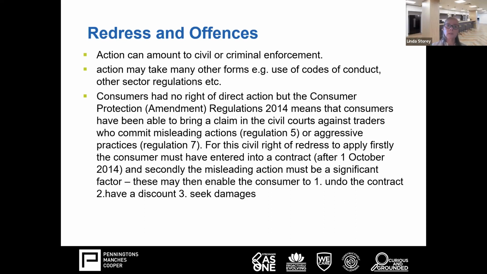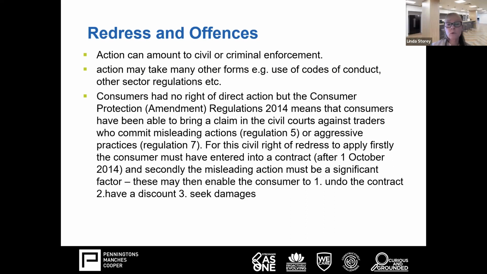It's very much considered that with the internet and so on and so forth, this list of banned practices could possibly do with an extension. But I think that's one to look out and watch for as time goes on. Now, the redress and offences,